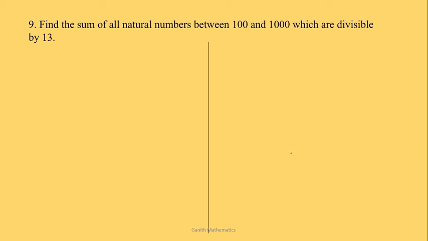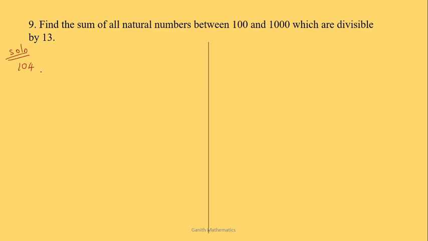Find the sum of the natural numbers between 100 and 1000 which are divisible by 13. For this, you have to identify the terms which are divisible by 13 and lie between 100 and 1000. And I have found that solution. It started with 104. Till 104 there are no numbers divisible by 13. So I cannot divide 101, 102 or 103 completely by 13. 104 is the only number which can be divisible by 13.